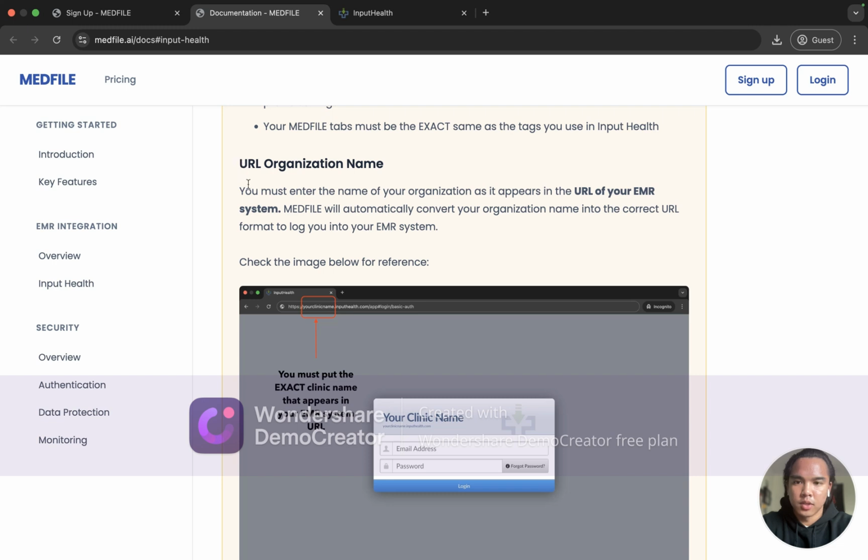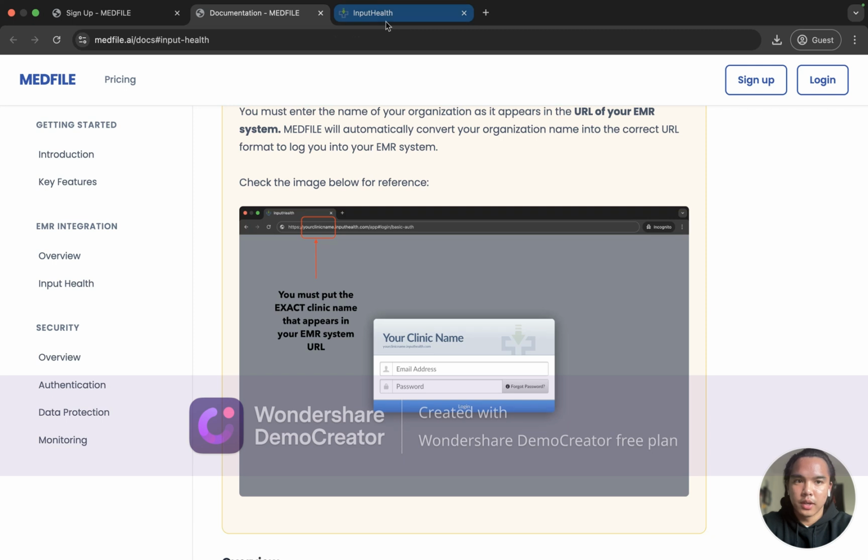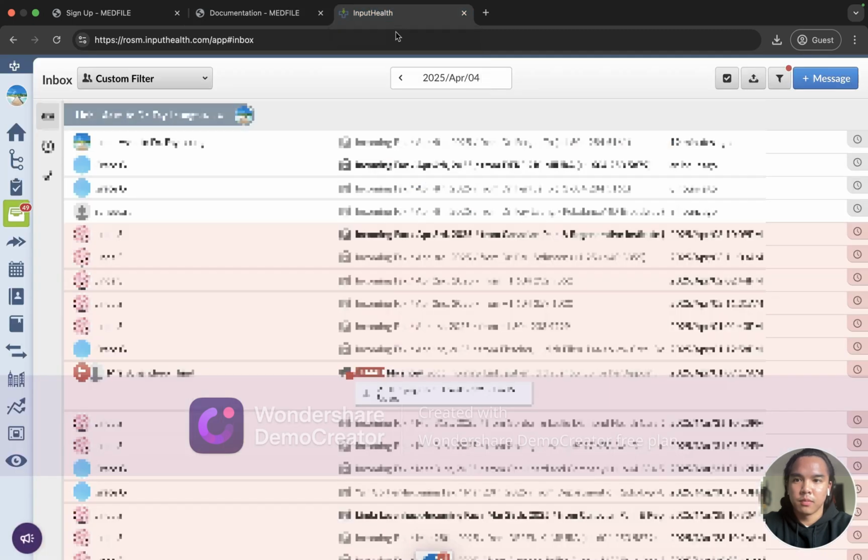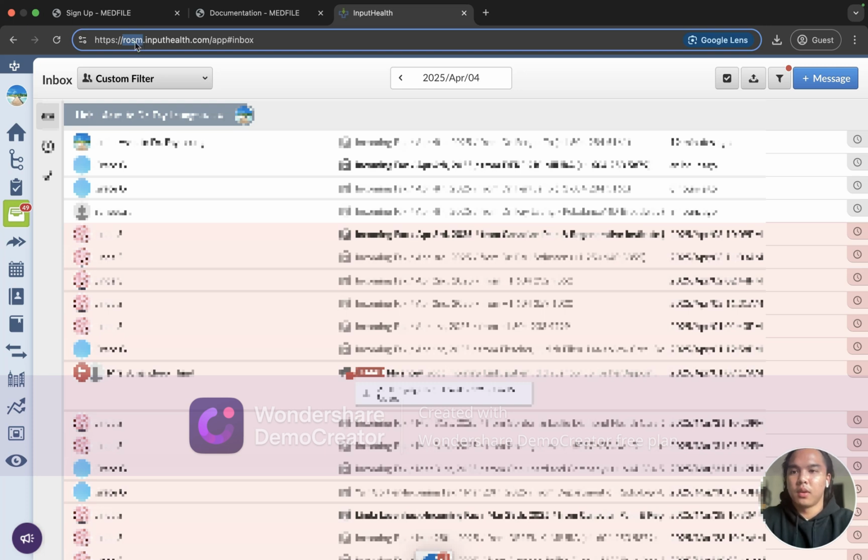The URL organization name is the name of your organization as it appears in the URL of your EMR system. So what does that even mean? Once we are logged into our EMR system here, and I'm going to blur this out so you guys can see it, we're going to see our organization name that we need to put into MedFile at the top right here. So we're in our link in our EMR system, and we have to put this organization name right here. So we copy it,